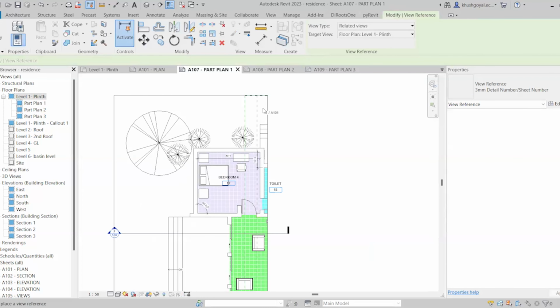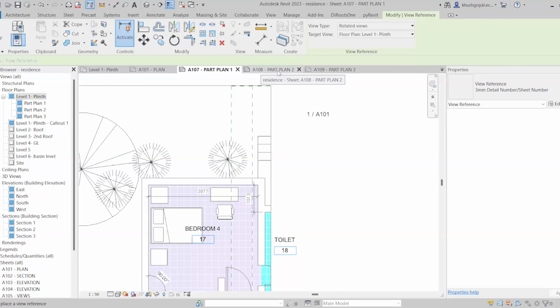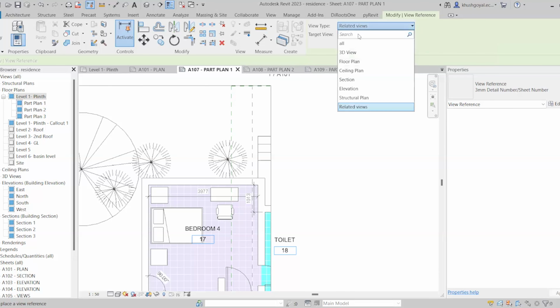Now I want to give a view. You can load another family also for view referencing. Right now in the Kaarwan template, we have this particular one with us. Now I want to show over here that the part on the right side, that part plan, is at this A108 sheet. So what I'll do, I will select the view type as floor plan,